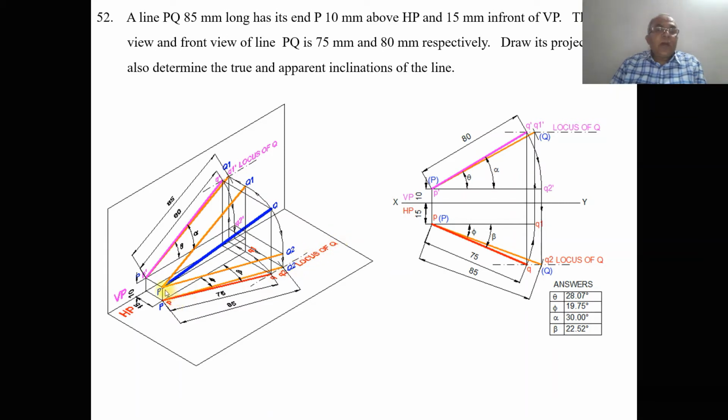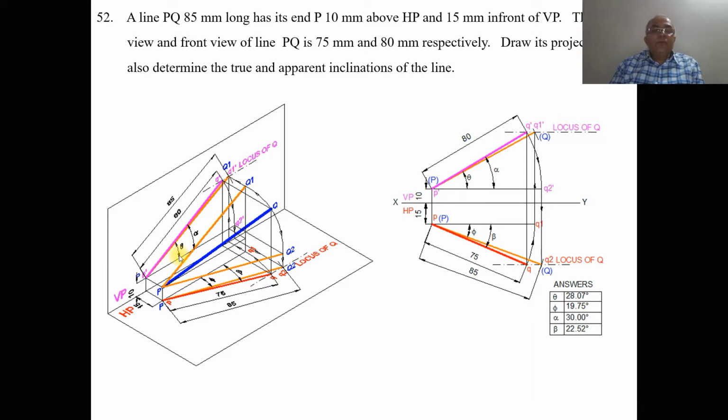To do that, you just take P dash Q2 dash, you make it 80 mm, draw a vertical projector from here, and then draw a vertical projector from here to the top view, and take 85 mm and P as center, cut an arc on the projected line of Q2 dash. It is going to cut the locus of Q here. So you're going to get Q2, and you write this as capital Q2. This is going to be the locus of Q in the top view. Then join P and Q2 with a little bit thicker line than the XY line. So now we have got the true length in the top view also. So this is phi and this is theta.